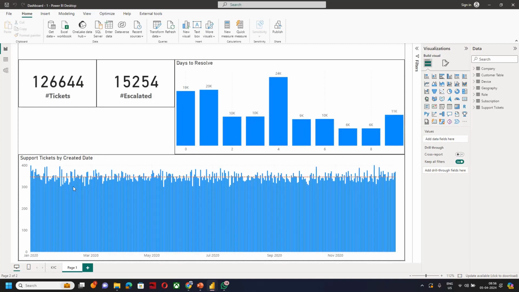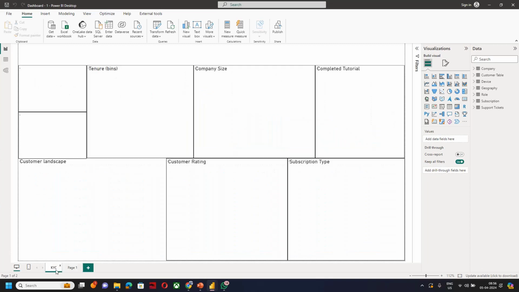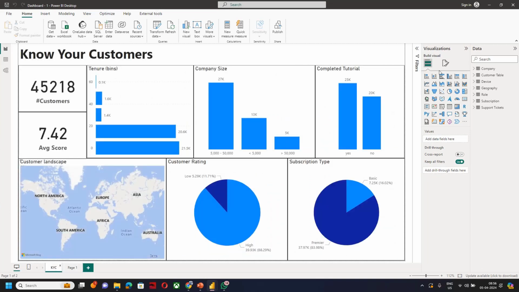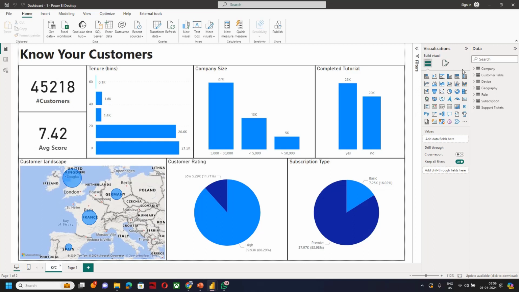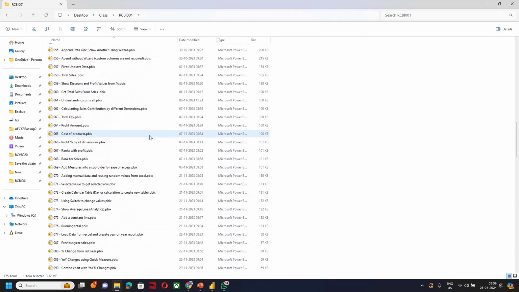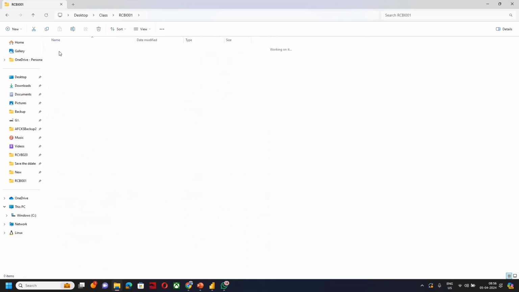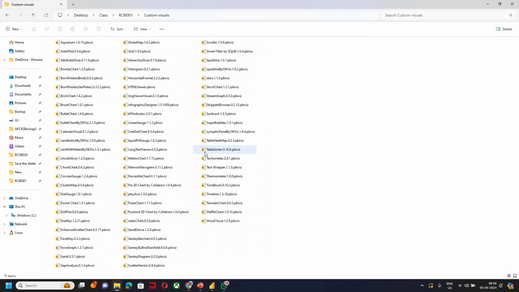Okay. Yeah. There is a lot and lot of visualization here. You see this visualization? These we'll learn one by one. So our first few days will go into learning these. Then there is something that I'll provide to you which you will not find easily on the internet these days because it's kind of taken out, but still very useful, which is custom visuals. So we'll learn all these custom charts. Some of these are now available directly, some are still not. So we'll learn how to use these as well.